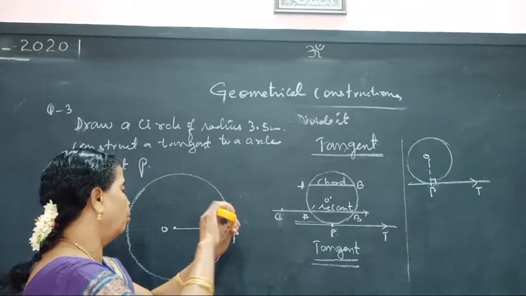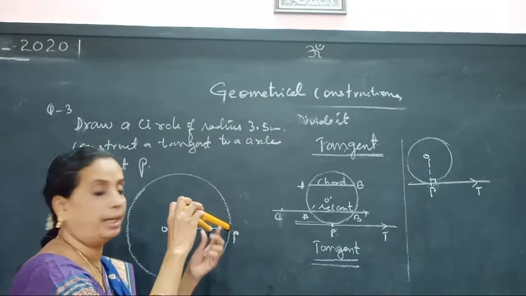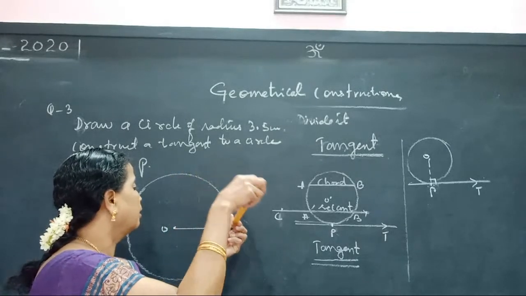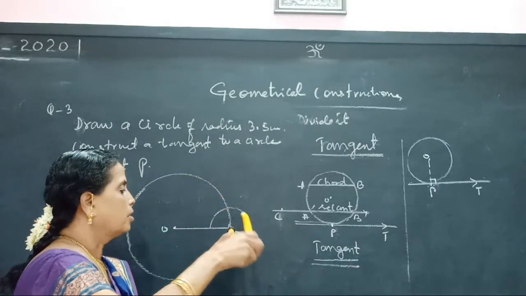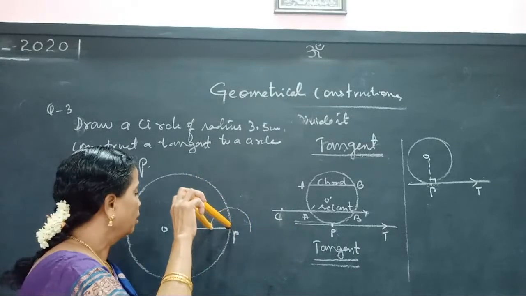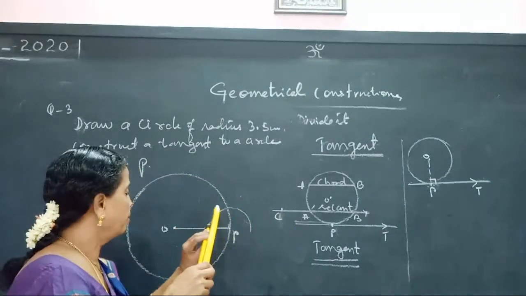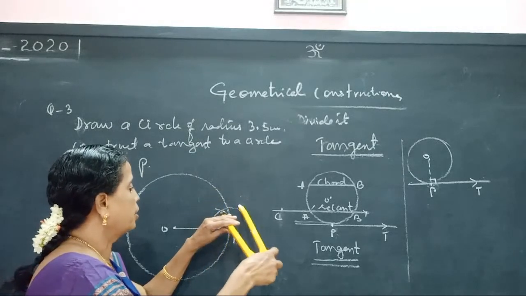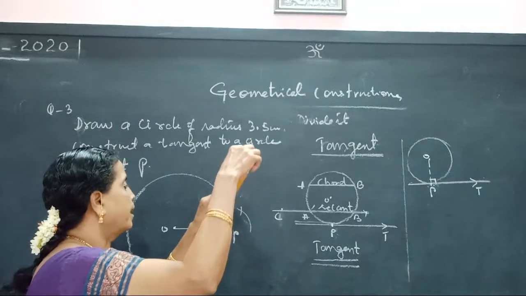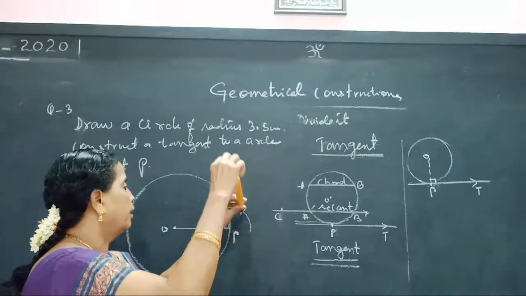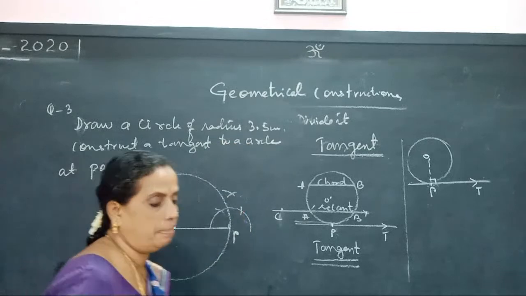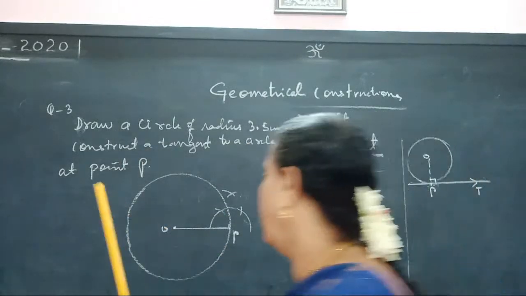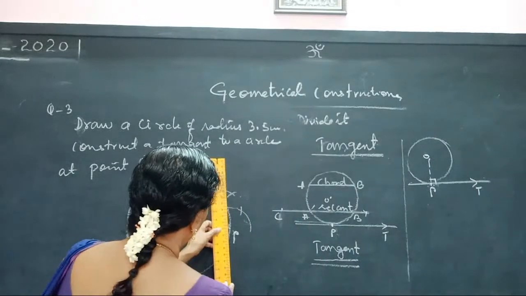Taking a convenient radius, draw an arc. From here, cut it 60 degree, further bisect, it will be 30 degree. So 60 plus 30 is 90, so that we get a tangent